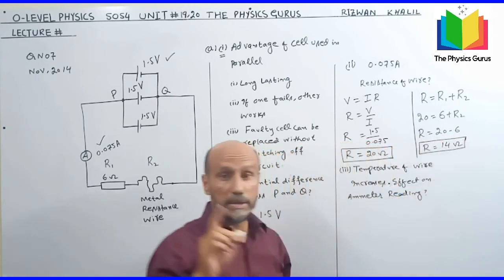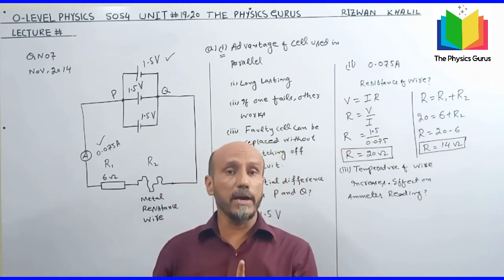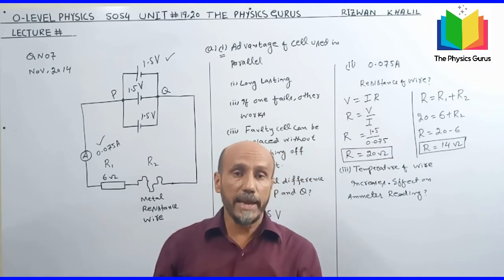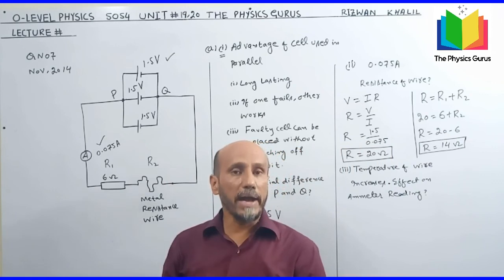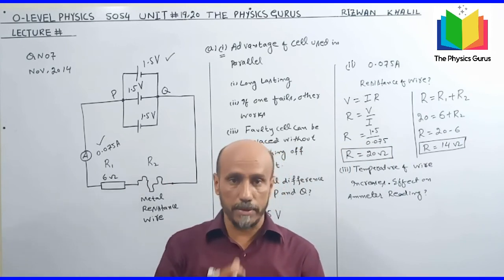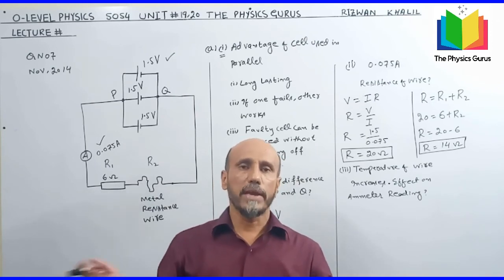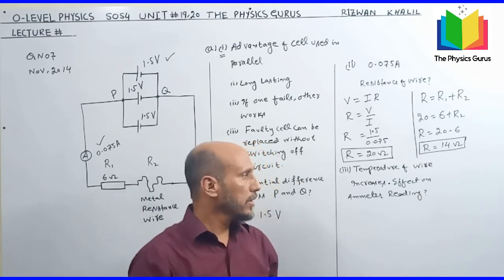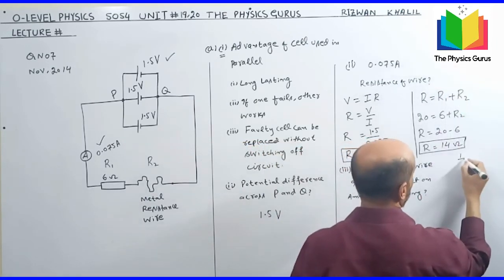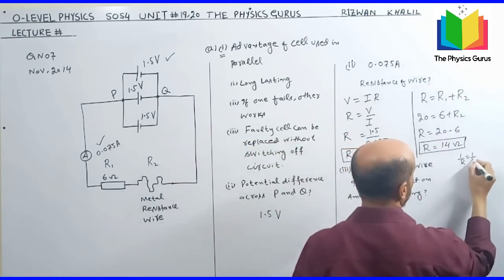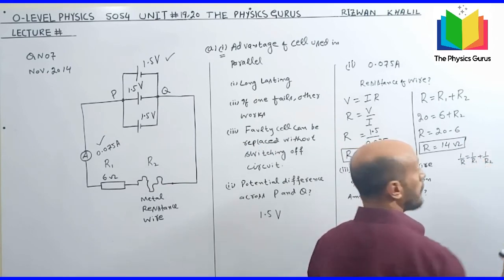So again keep this point in your mind, that we first calculated the total resistance and then applied the formula of combined resistance for series combination. And what was that formula? R is equal to R1 plus R2. And obviously for parallel combination, what was the formula of total resistance? This was 1 over R is equal to 1 over R1 plus 1 over R2, but it was for parallel